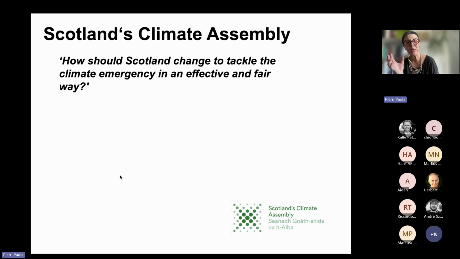And I'm going to give you a very practical example of how that might look in practice by talking very briefly about the Scotland Climate Assembly from 2020, where Scotland asked citizens the question of how should Scotland change to tackle the climate emergency in an effective way. Now, Citizens Assemblies, for those of you who might be familiar, we can talk about that later, otherwise, have